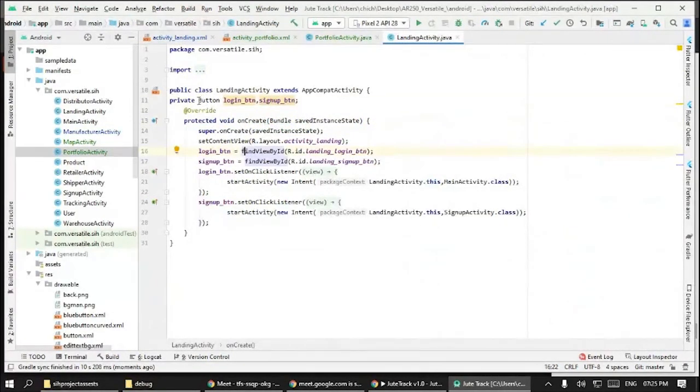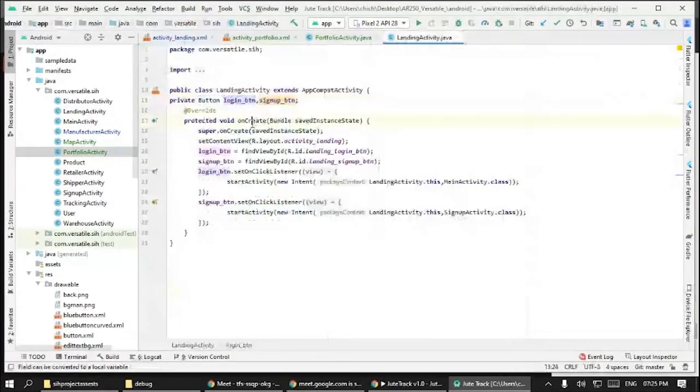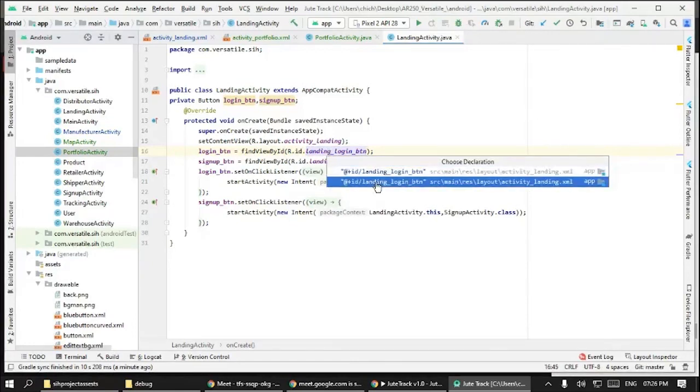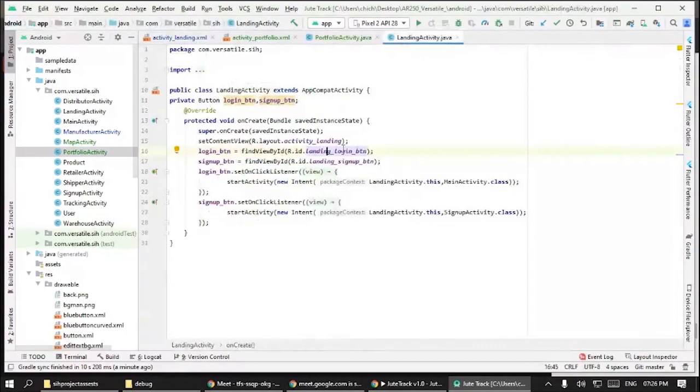So I have declared a button here, loginButton. That's my button's name. The actual purpose of that button is to log in, so there is a sense in naming that variable loginButton. And that loginButton is equal to findViewById, and I identified it as this button here. So my loginButton is assigned as the XML button.